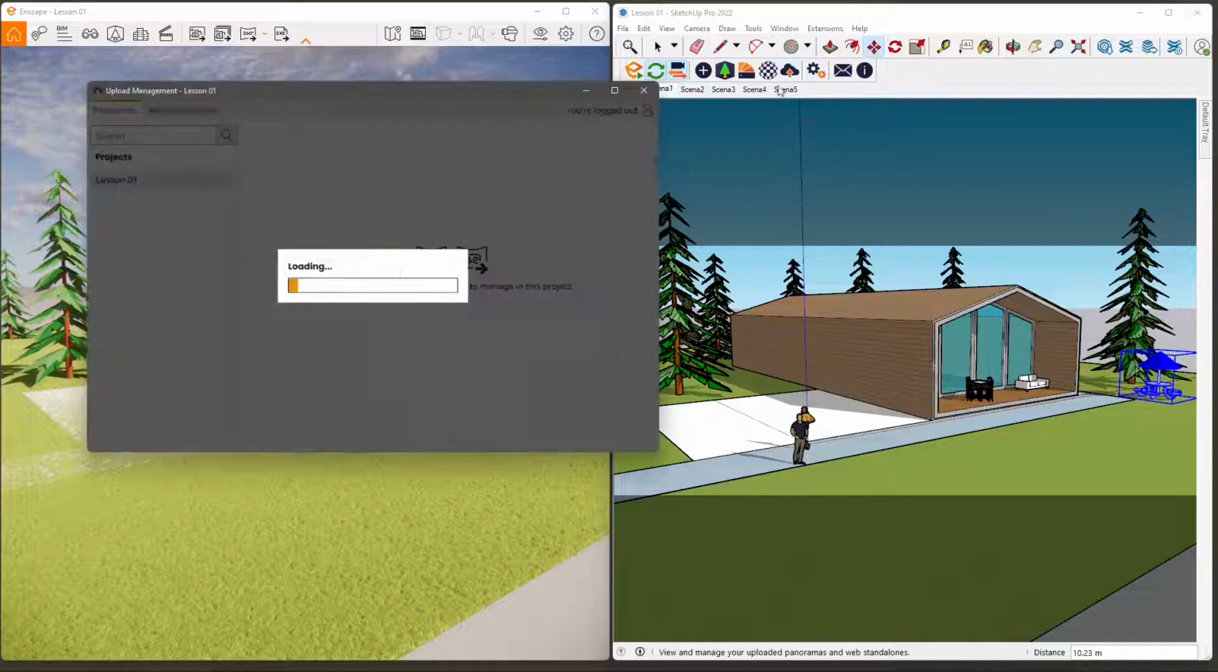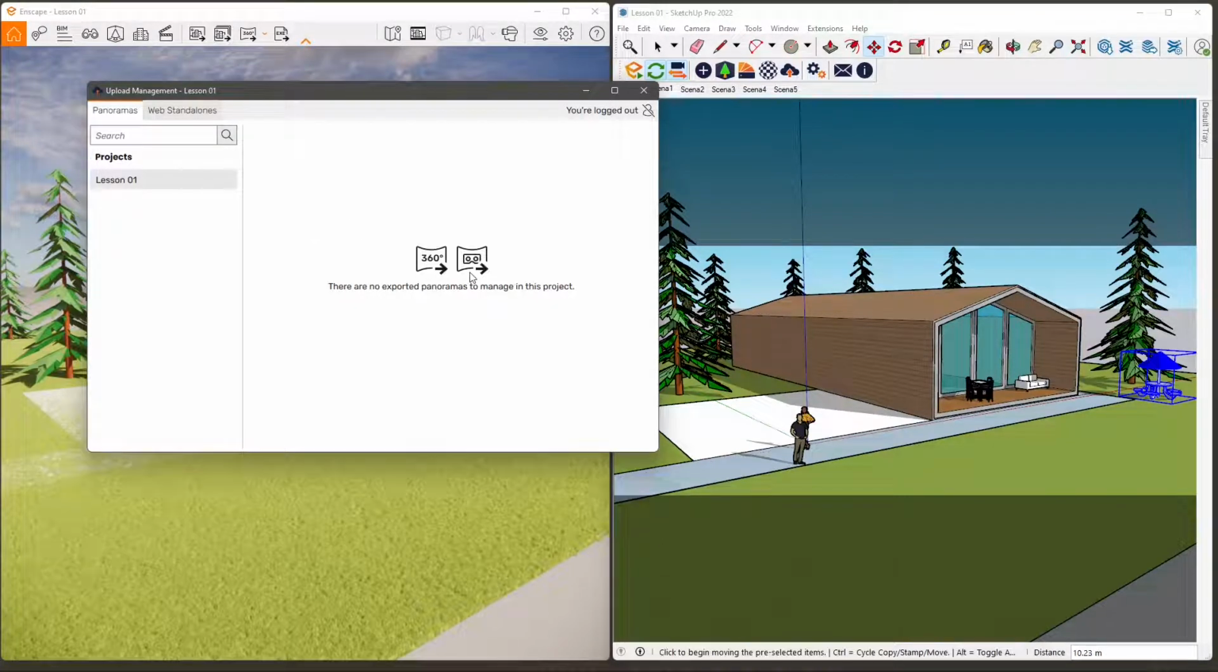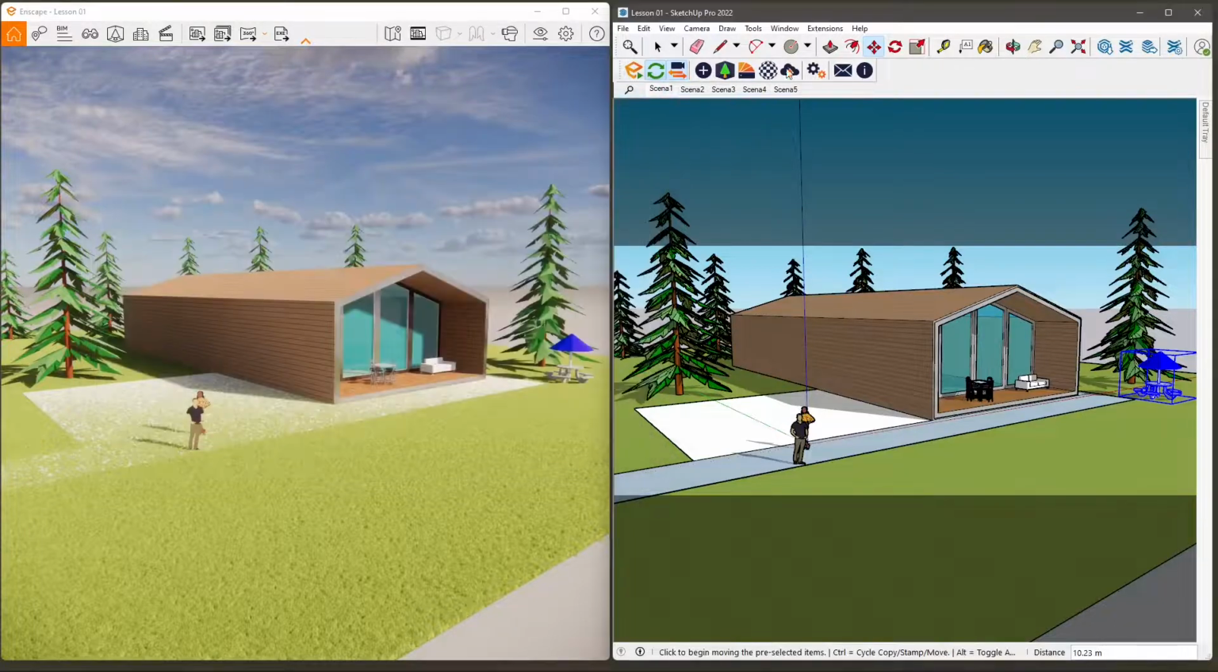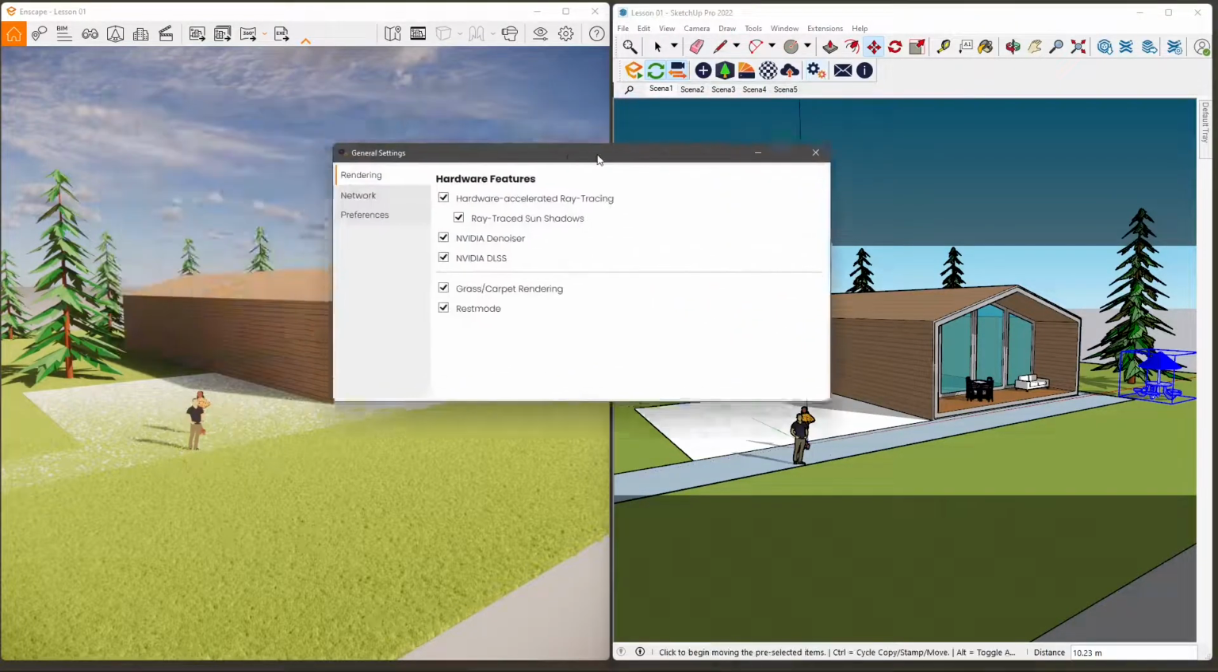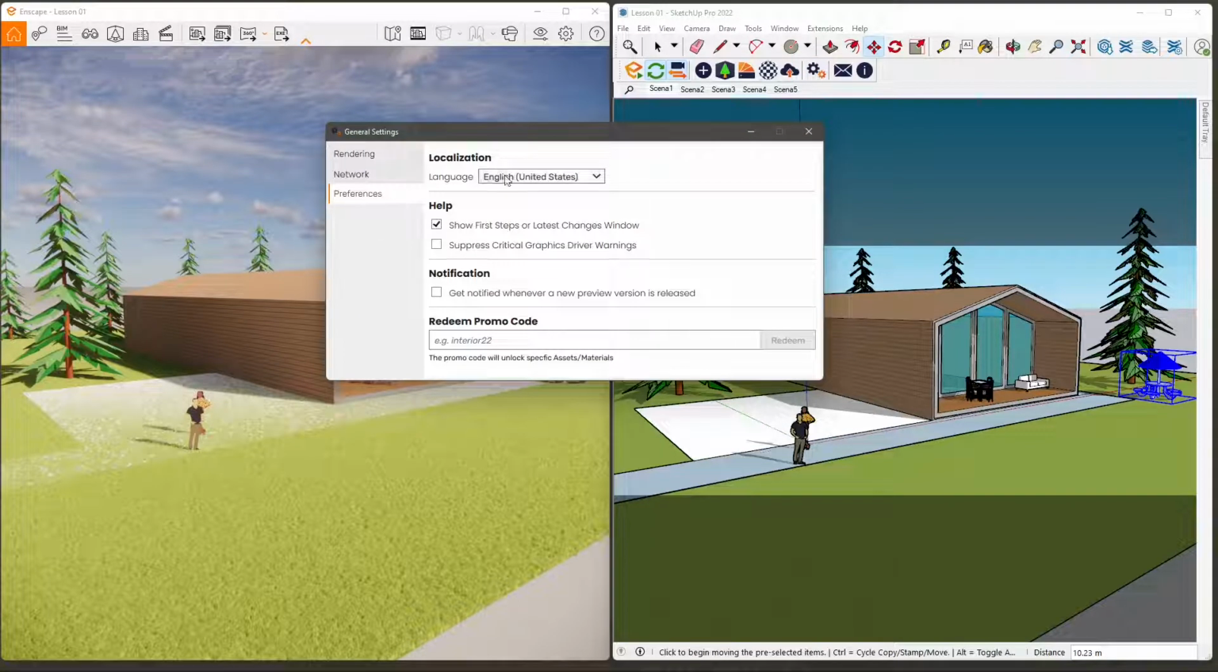Now you can also upload your 360 views or VR projects here and use web standalones, and you can manage all your assets here. You can see you need to log in. You will have an account that is going to be registered in order to manage all that stuff in the cloud. And then you have general settings here. We saw that from the preferences we can change the language. We can also change other things here, like whether to show help panels or not,